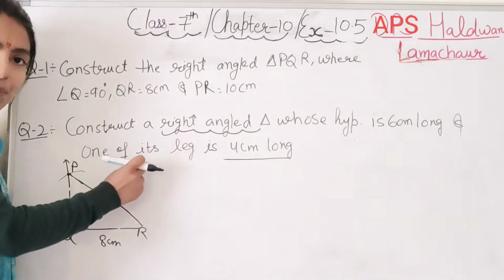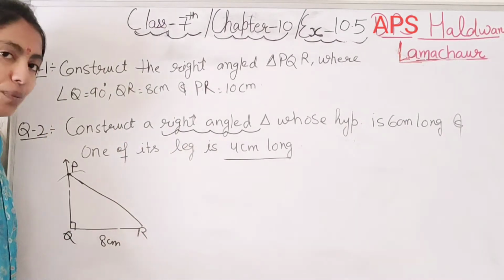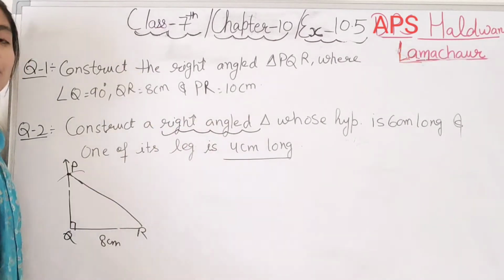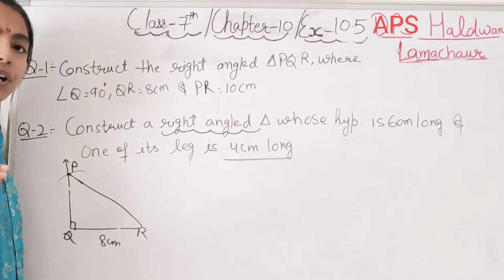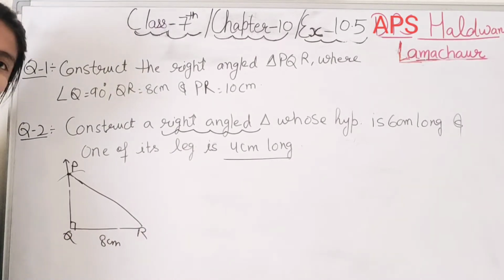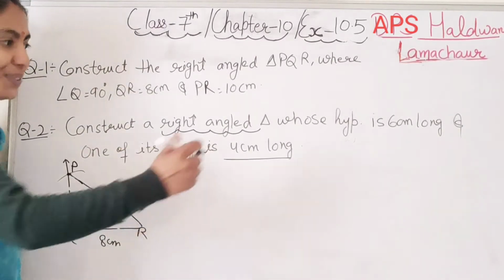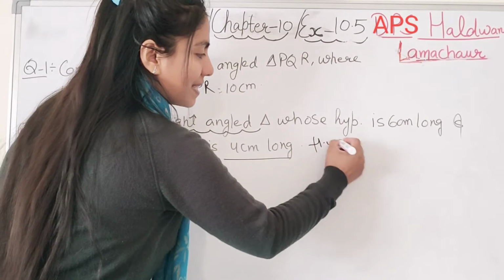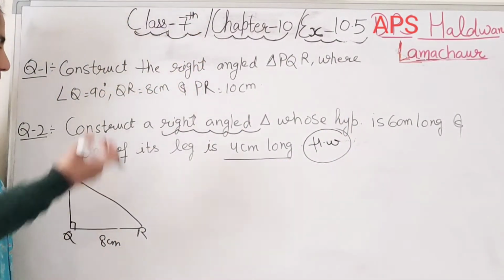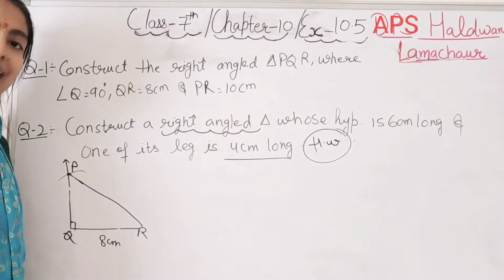So same type of question, but here the names are not mentioned to you, A, B, C or P, Q, R, and it is not given where you have to make the angle. You have to take the points on your own. But the question is just the same only. Right student? So this question you will do on your own, although I have discussed everything. So very simple, no? So this was about question number 1 and 2.